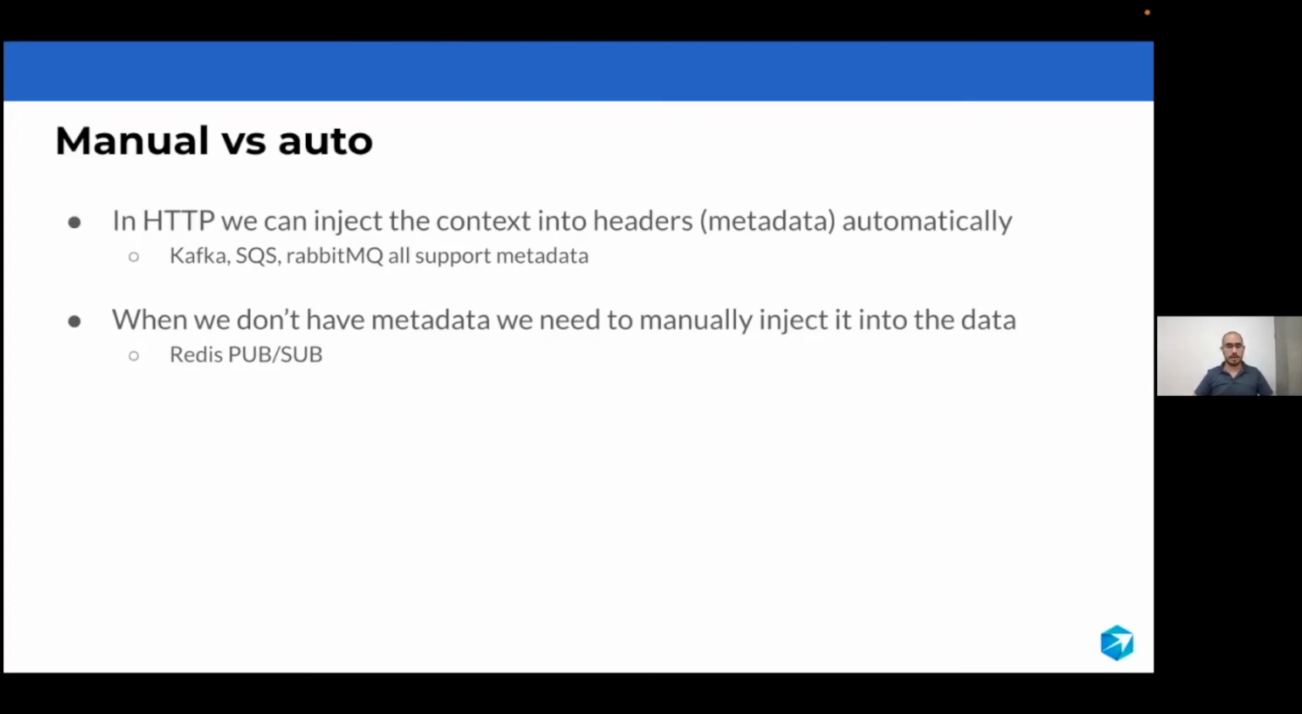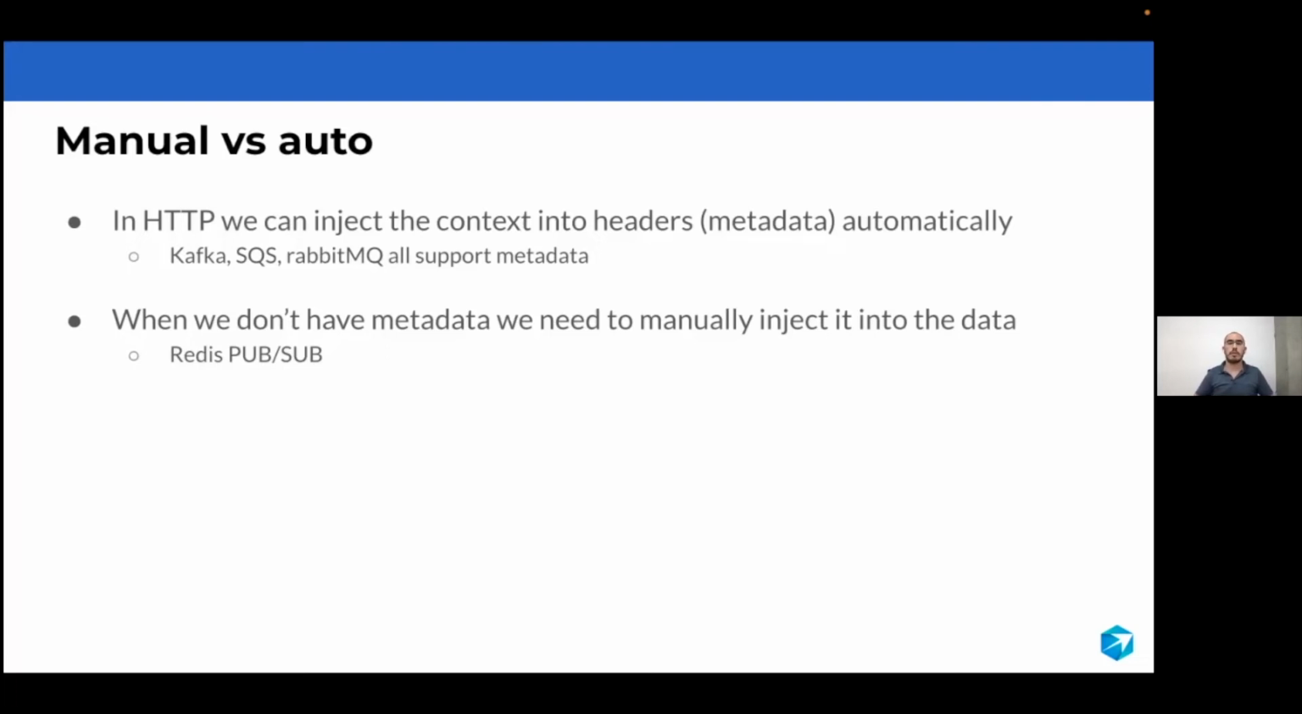So Kafka, SQS, RabbitMQ all have a specific place to write metadata. So we kind of are going to expect that it's going to work like HTTP. We see that it's sometimes getting a bit more complicated, but that's the general idea. We can automate it. In solutions where you don't have a place to write the metadata, that means that you need